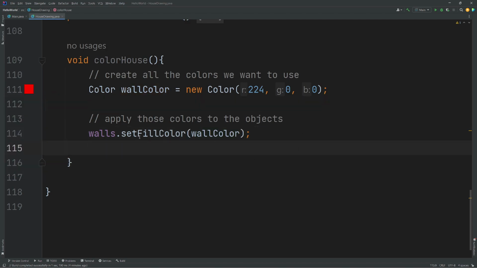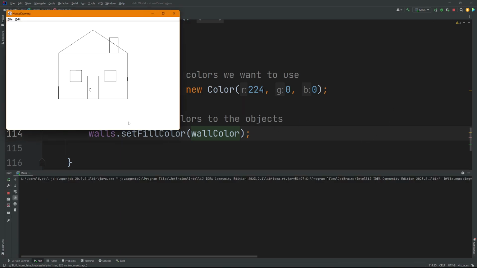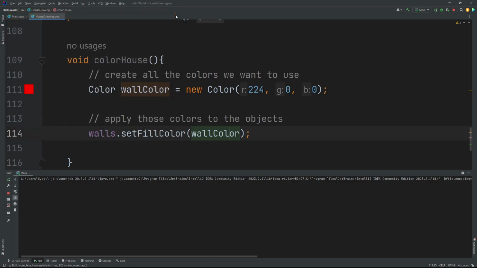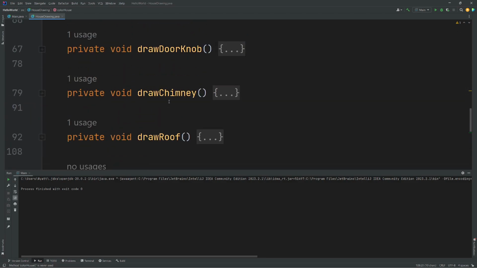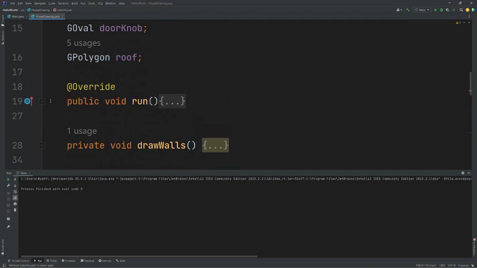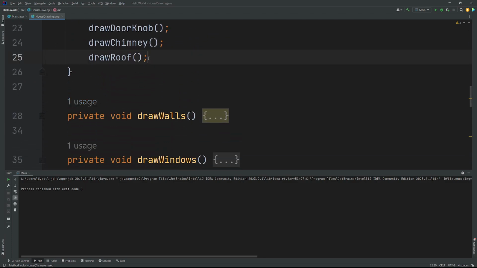Okay, so every one of these objects has 2 different colors. They have a fill color. Oh, I forgot to call this method. Silly me. Notice how the method's identifier is gray. So I need to go up to the run method, and just down here at the very bottom,